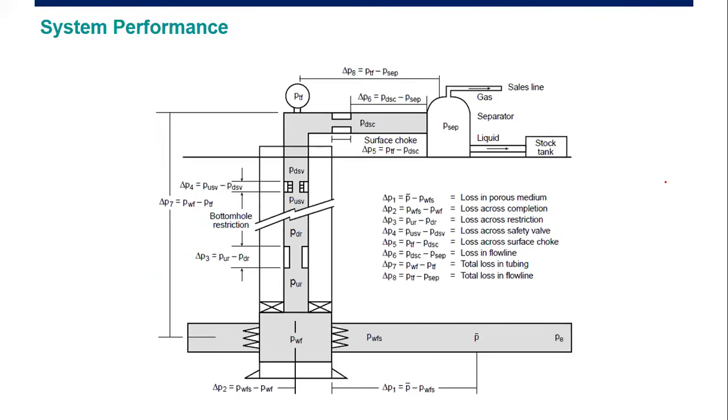Okay? But not only skin factor, we have to face many pressure drops. You can see pressure drop will be on the sand face, inside the tubing, all right? At the wellhead, at the pipeline, there will be many pressure drops. So if you have formation damage and you need to face many pressure drops along the line, then it will be a problem. So first you need to solve the formation damage. You need to do well stimulation so that you can be certain that the well can flow.